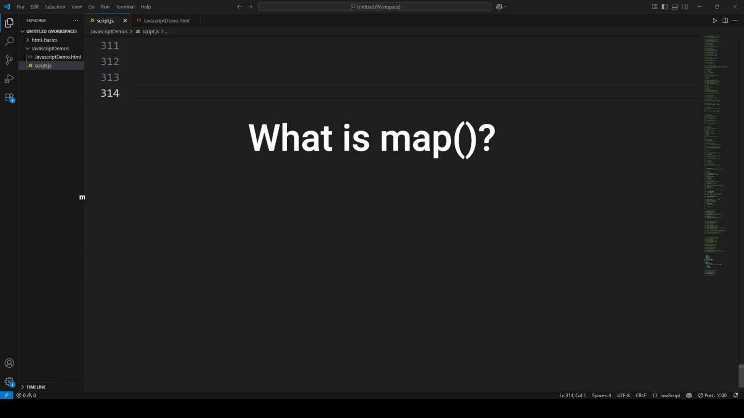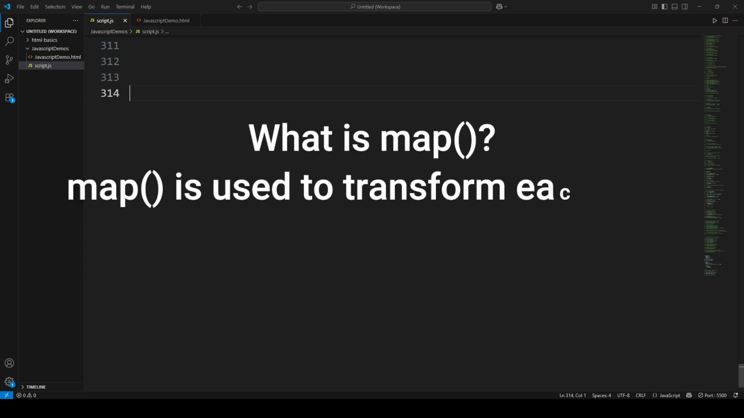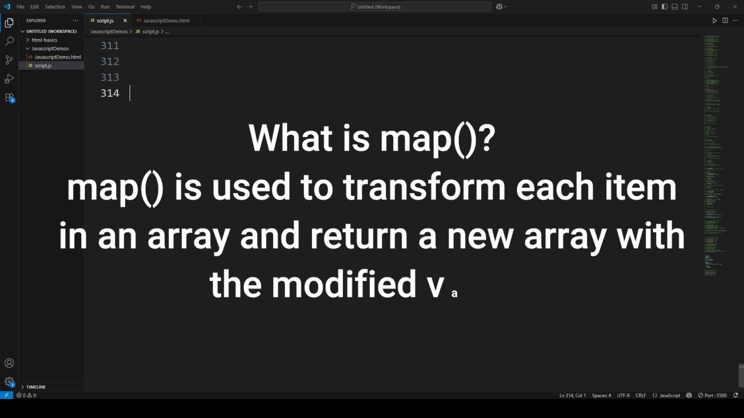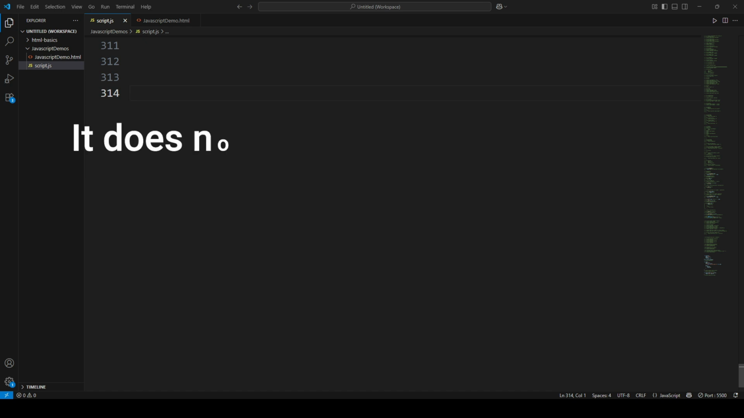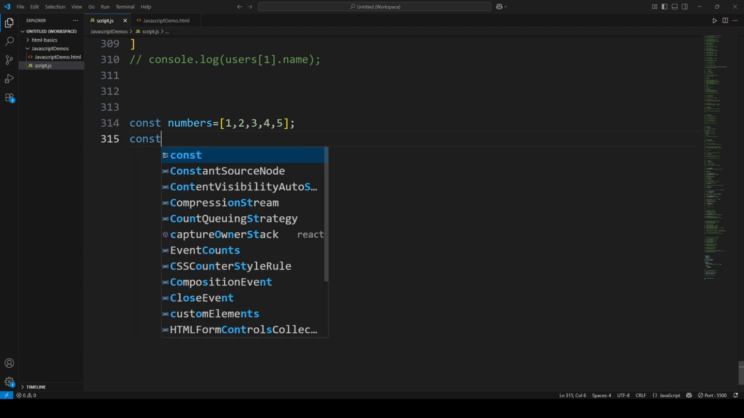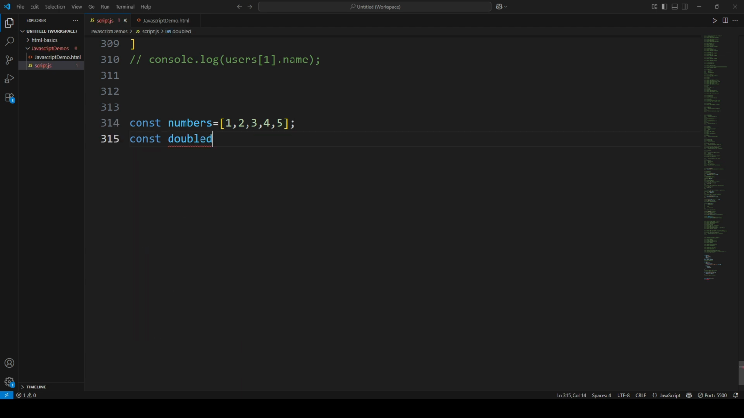Now let's understand what is map. The map function is used to transform each item in an array and return a new array with the modified values. It does not change the original array. For example, const numbers equals 1, 2, 3, 4, 5, and if I want to multiply each number by 2, I will say const doubled equals